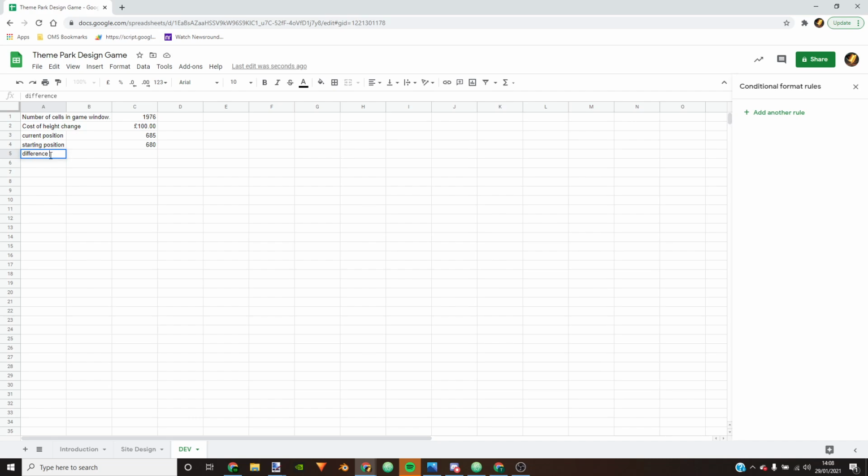difference is going to be starting position minus current position. We've got a -5. Now we don't care whether it is minus or positive. We just need that as a positive number for the change. So if it's negative, I can always make it a positive number